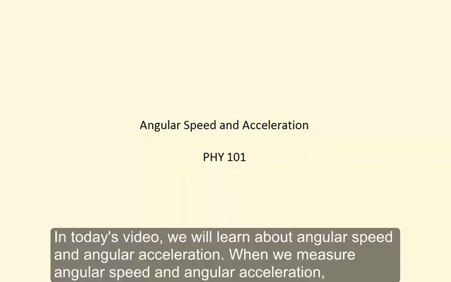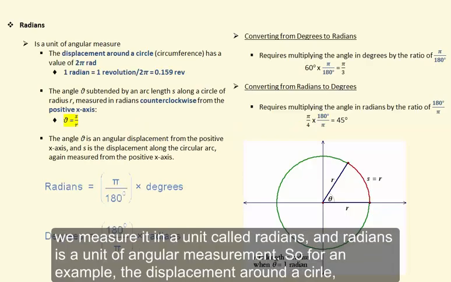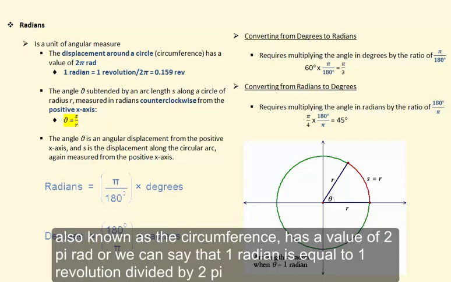In today's video, we'll learn about angular speed and angular acceleration. When we measure angular speed and angular acceleration, we measure it in a unit called radians. And radians is a unit of angular measurement. So for an example, the displacement around a circle, also known as the circumference, has a value of 2 pi